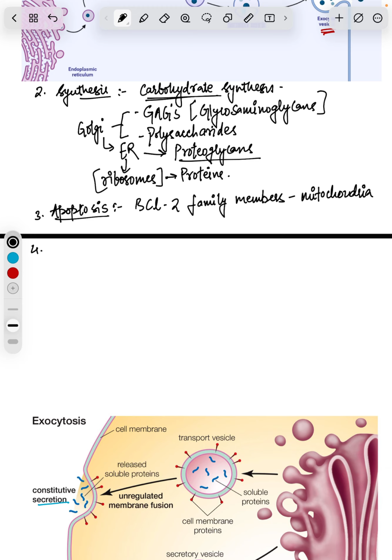Next is the function of phosphorylation. The phosphorylation of molecules requires energy in the form of ATP, right? That ATP is imported into the lumen of the Golgi and utilized by resident kinases such as casein kinase 1 and casein kinase 2. Because several molecules require phosphorylation, the ATP that they need is imported into the lumen